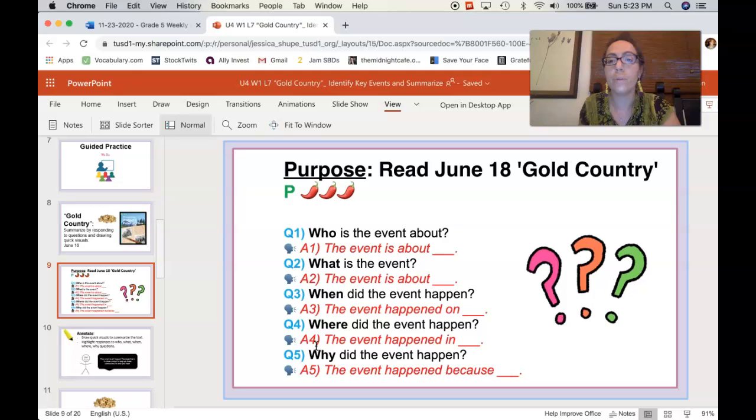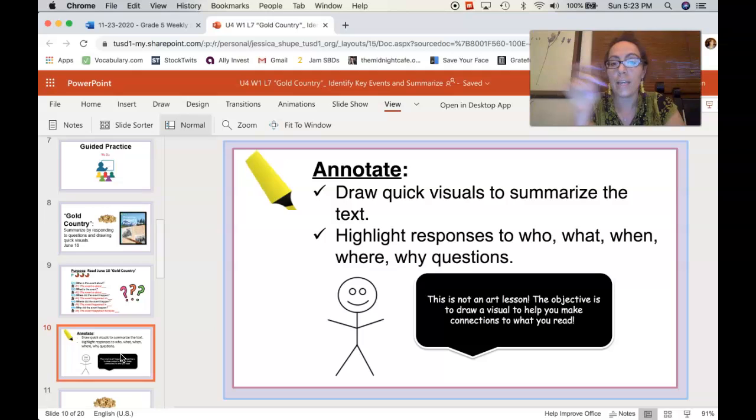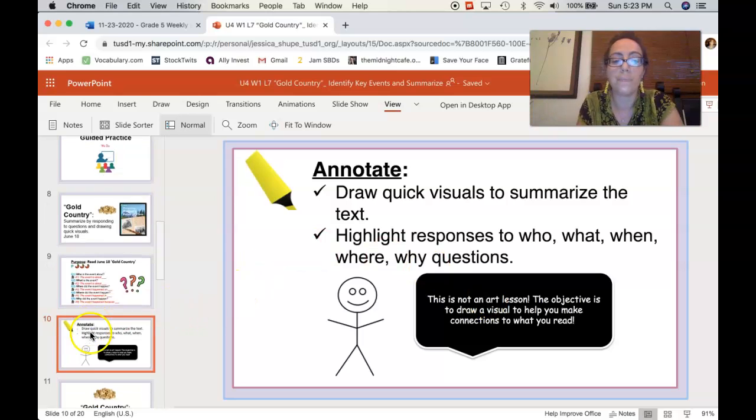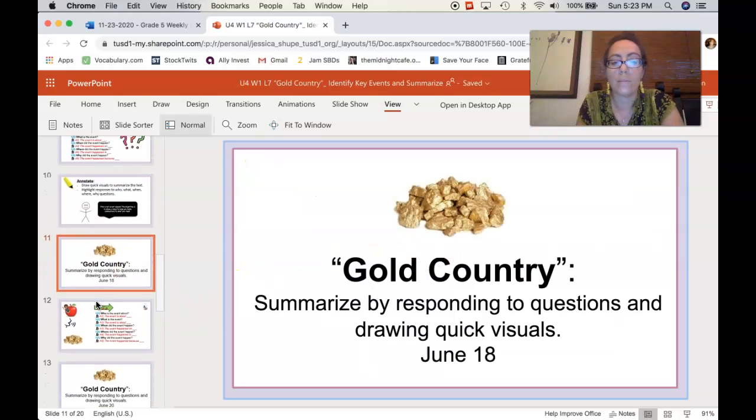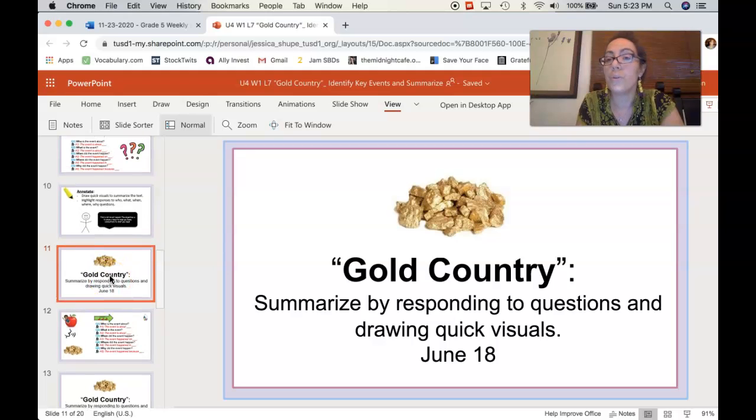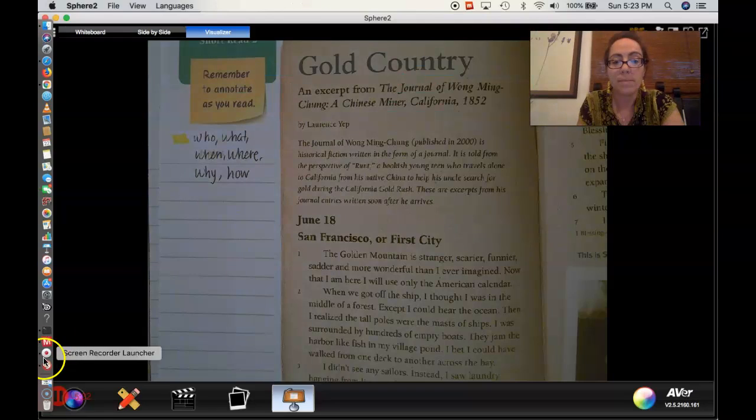So again, we are looking for responses to these questions in the text. We will annotate them by highlighting in our text on page 6. You're also going to draw some quick visuals to summarize the text. Please remember, this is not an art lesson. Our objective is to draw a visual that is quick to help you make connections to what you have read so you are better able to summarize it. Okay, I'm going to go ahead and toggle over to our document camera so we can see the text. Okay, here